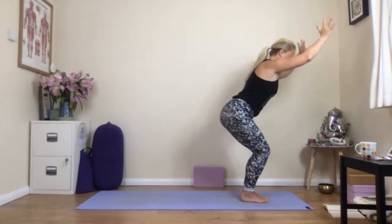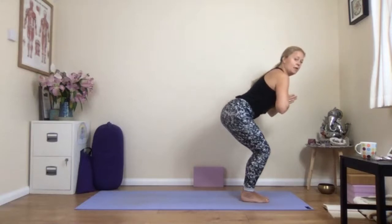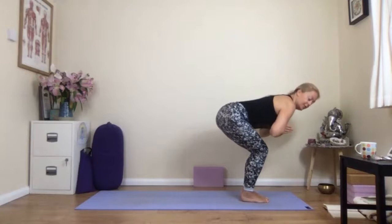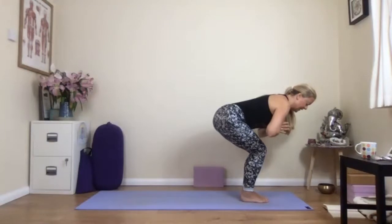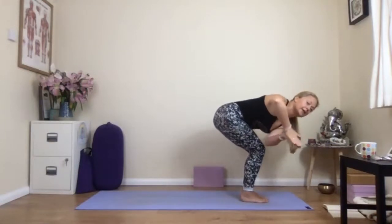As you exhale, bring the hands to the heart. Nice. Lower the heart a bit further down so that it's in line with your hips. Okay, still got Utkatasana legs, just a little bit lower. Take another breath here. And as you inhale, slowly turn to the right and bring the left